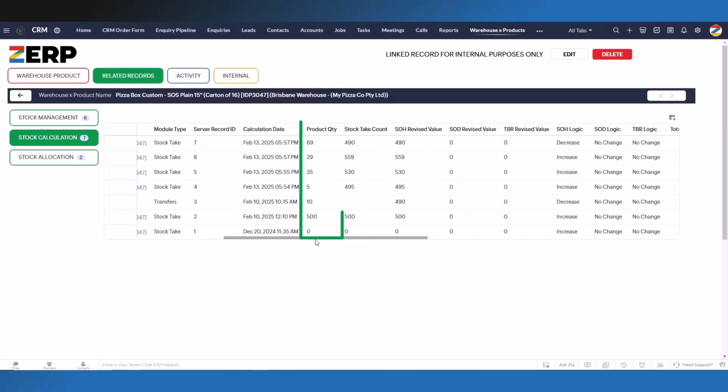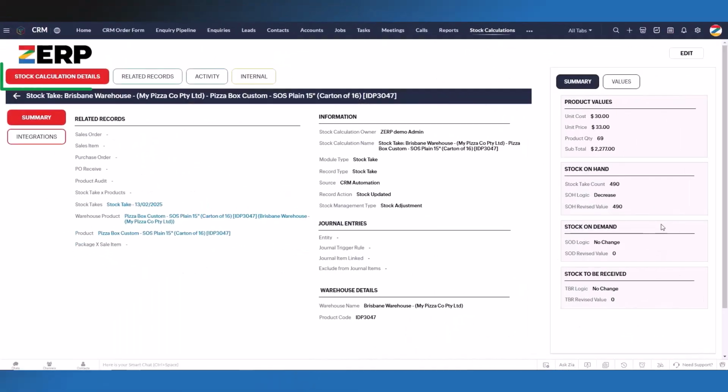It shows the product quantity and the impact on the stock on hand, including the revised stock on hand value. If you click on the stock calculation record, more information can be viewed. These records must not be edited from here, but can be useful as they display how the current stock counts